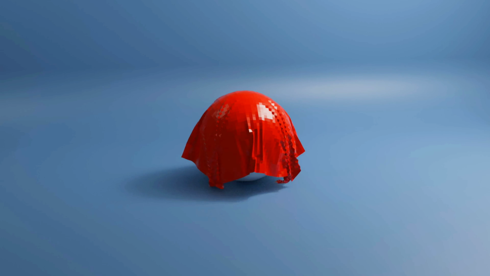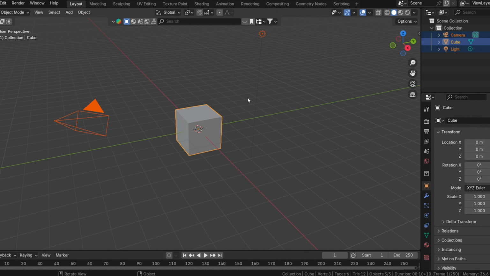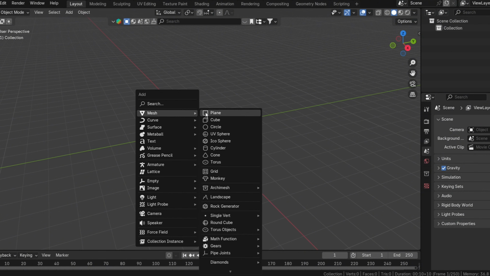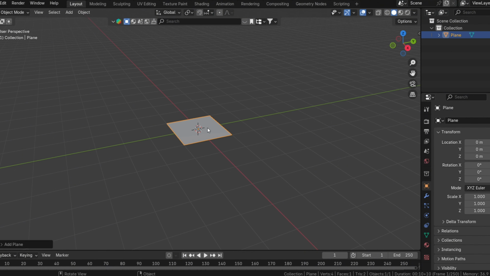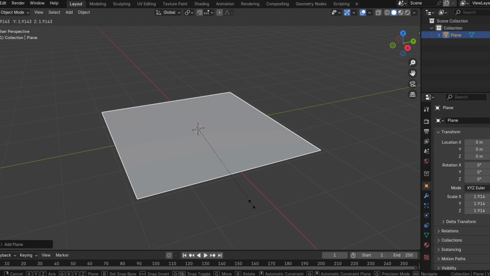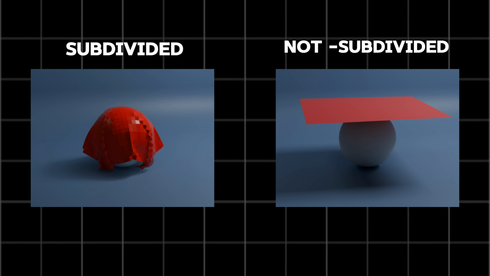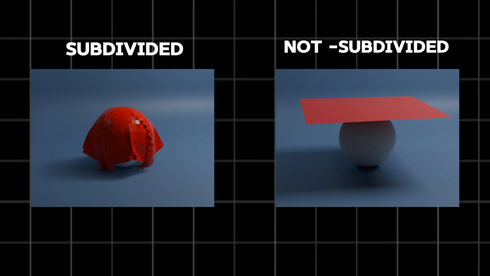Creating a cloth simulation in Blender can be an exciting and rewarding process. It all begins with setting up a simple plane as the foundation for your cloth. Once you've cleared your default scene and added a plane, scaling it to your desired size, the next crucial step is subdividing the plane. Subdividing is vital because it increases the number of vertices, which directly impacts the realism of